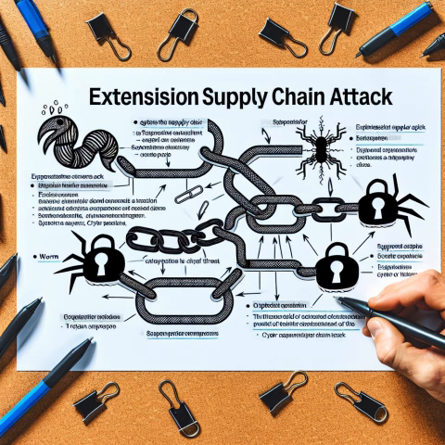Extension supply chain attacks involve the introduction of harmful code into a browser extension's development or distribution workflow. Attackers may compromise source code repositories, developer accounts, or official extension stores to push rogue updates that users trust and install automatically. Once deployed, these malicious extensions can harvest sensitive information, inject unwanted content, or launch more advanced campaigns such as covert monitoring. By exploiting the confidence users place in familiar tools, these attacks can spread broadly and remain hidden